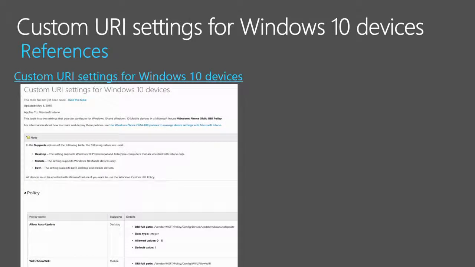So you would ask yourself, okay, why do I need to know this when I move to a Windows 10 world? You've probably heard this week that Windows 10 is going to be offered as a service, meaning that updates and new features and functionality will come along at regular points in time. Meaning that those features and functionalities will be there, so the CSPs will be in the operating system, so you could target them, but they will maybe not already be in the MDM that you are using. So if you know what the CSP is, and that will all be documented, and we'll come to that,